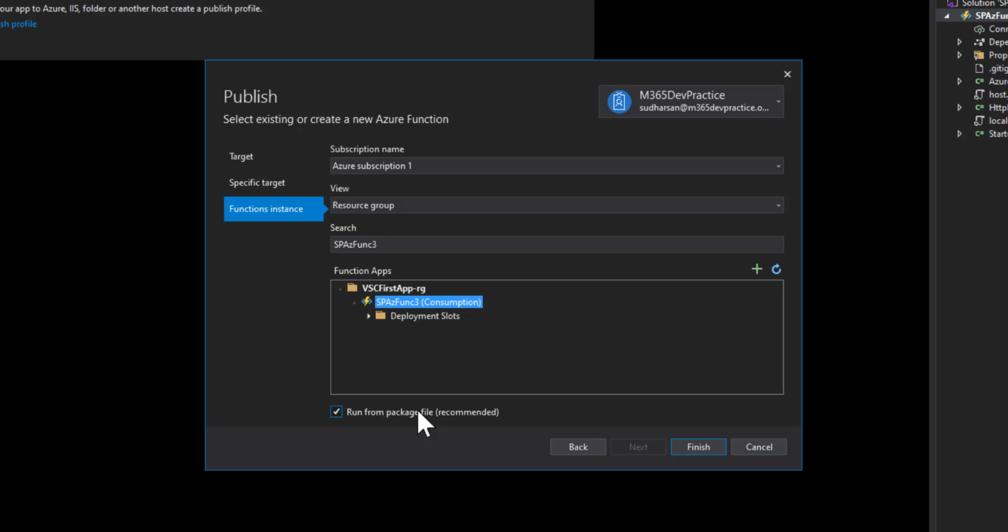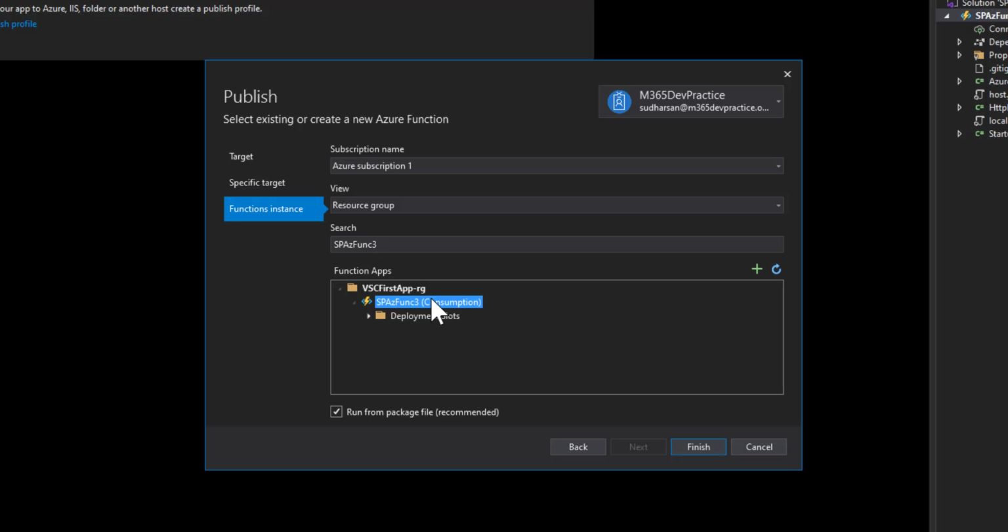So you can't edit the code using the Azure function portal. Whenever you have a change or you need to update something, you have to update locally, test it, and then publish it again. That is how you can do the package deployment. Or you can also use Azure CLI to package and then deploy it via Azure CLI commands.